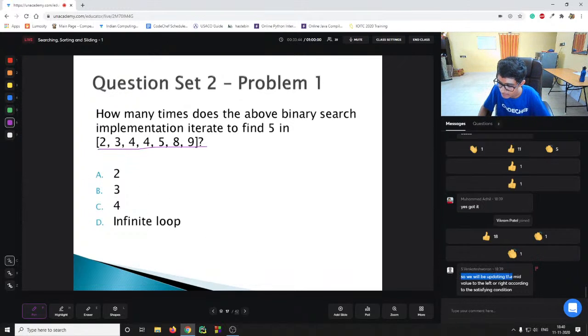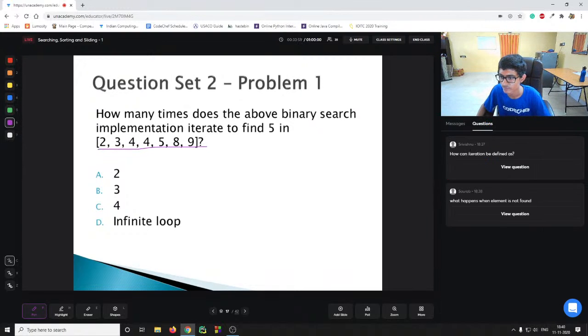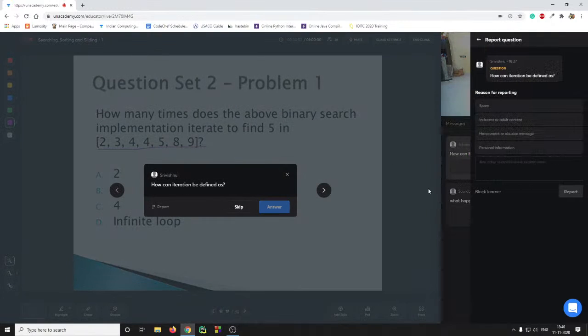So we will be updating the mid value to the left or right according to the satisfying condition. Yes, exactly. So if the middle is lesser than the value, then that left value. How can iteration be defined? Okay, so actually,